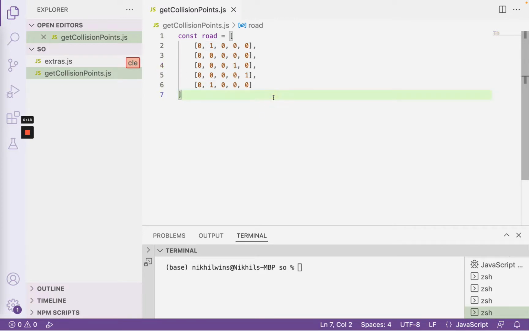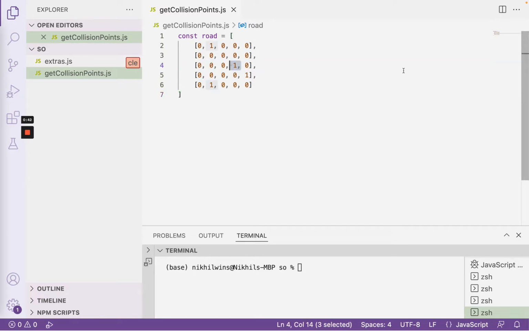Now we don't know the direction that these cars are moving. We just know that they're cars. Picture it as a snapshot of a road, let's say. So I don't know if this car right here is going to the left or if it's going to the right. I don't know if this car is going down or to the left or right either. So given this snapshot, and let's say given a position of a car, let's say this car that I'm highlighting